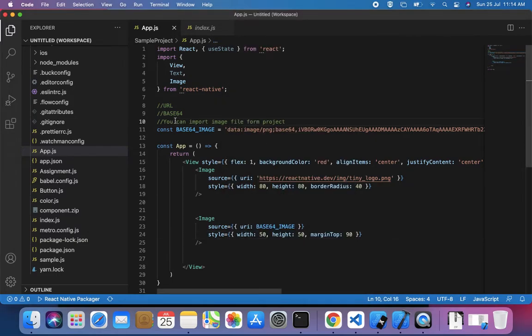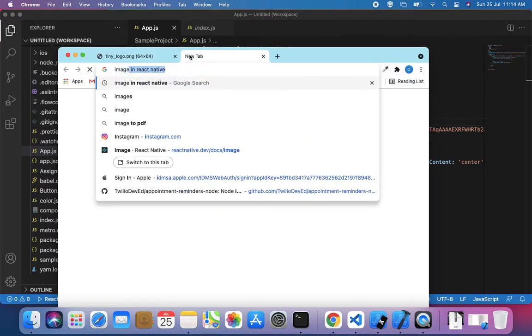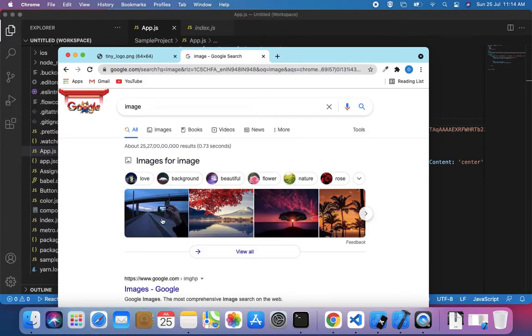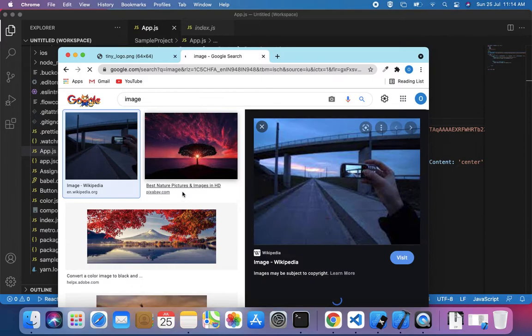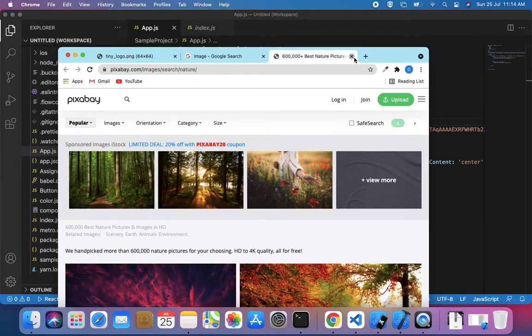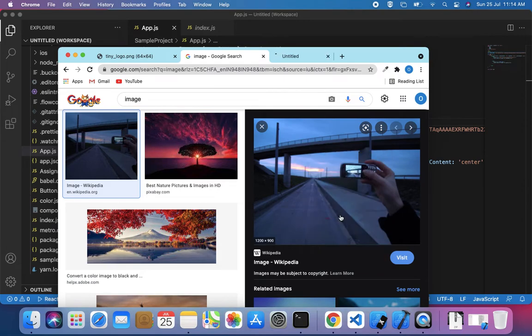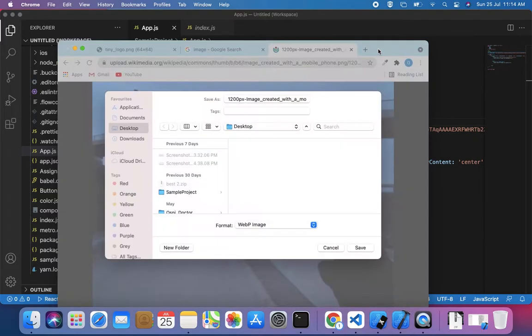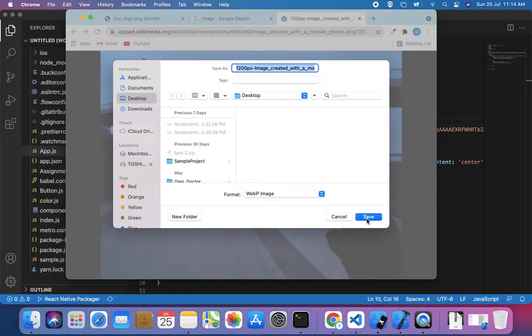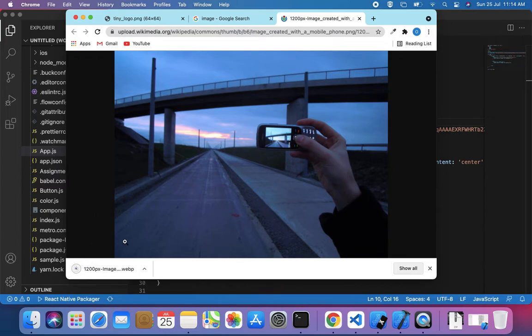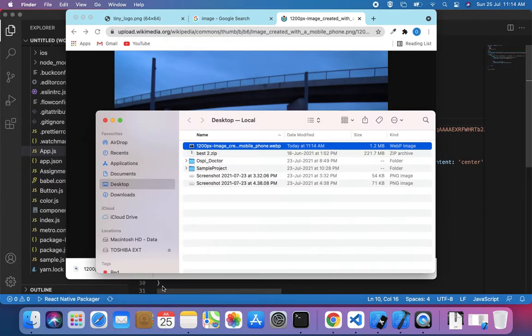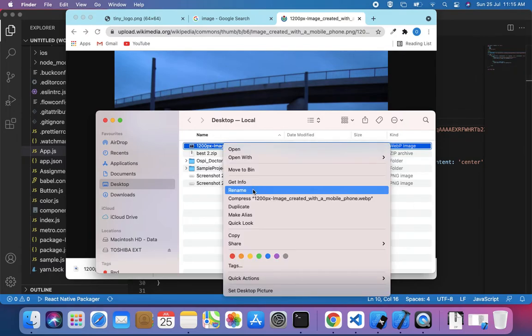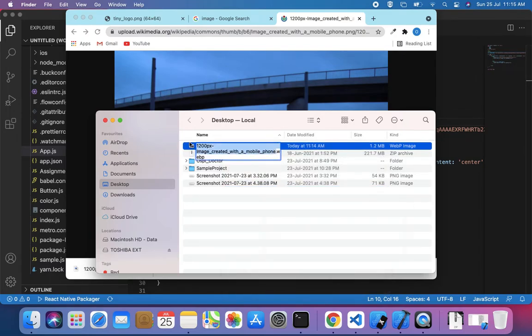Now the third thing, how I can use an image inside the project. For that I am just searching for an image. I want to download this image. I am opening the image in a new tab and downloading it to the desktop. Then we can rename the image to image1.webp format.